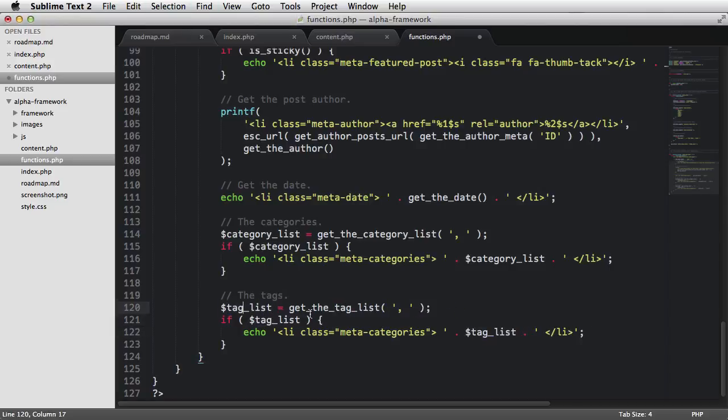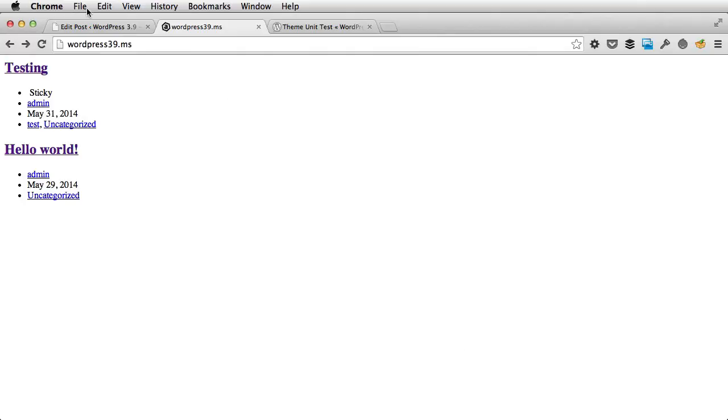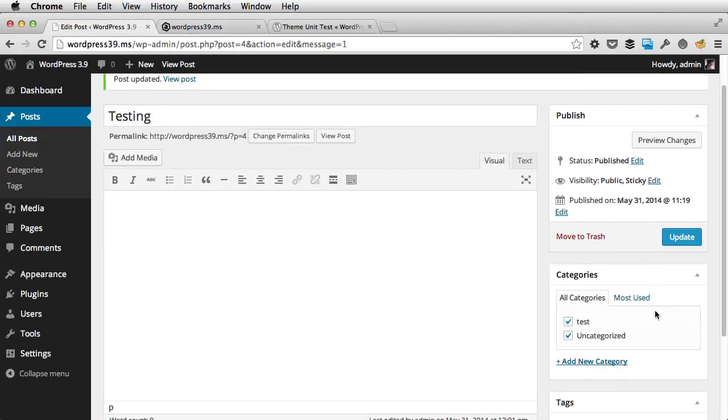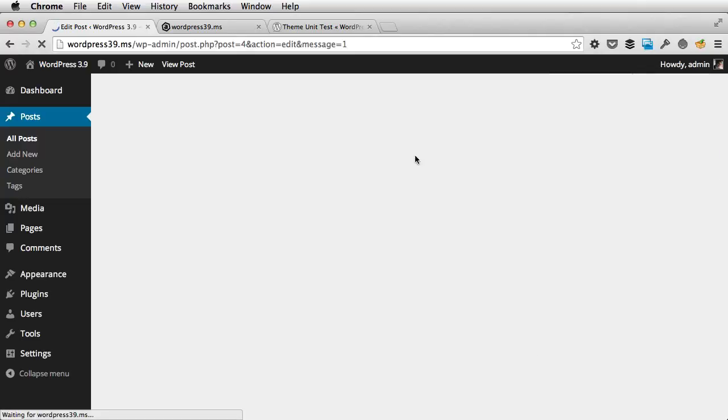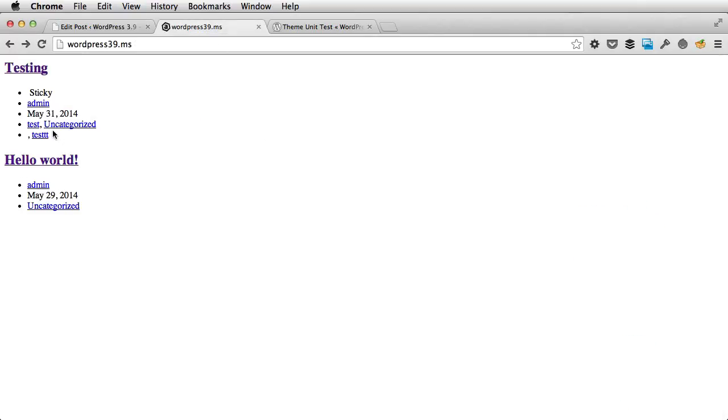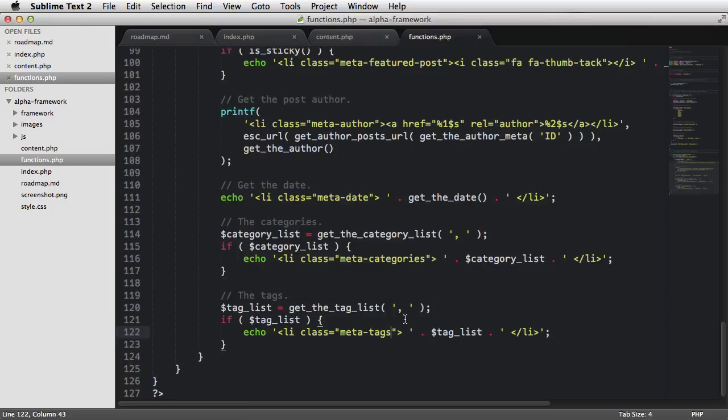So tag list will be get the tag list, and then if tag list, then list item class meta tags, and then we display the tag list. Refresh, and let's go ahead and add a few tags. Gonna update it, and there it is. Now you can see that we have a comma here, and that's not necessarily good because